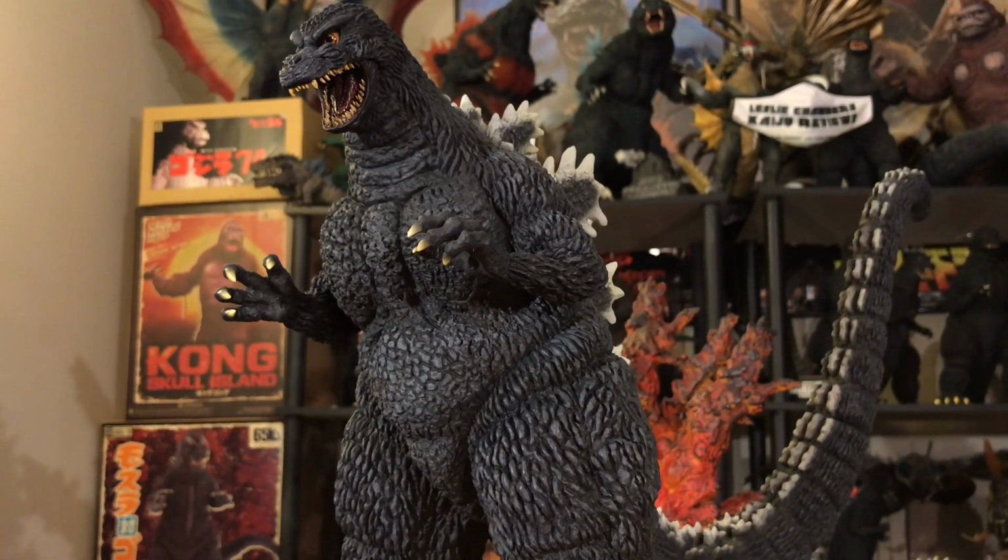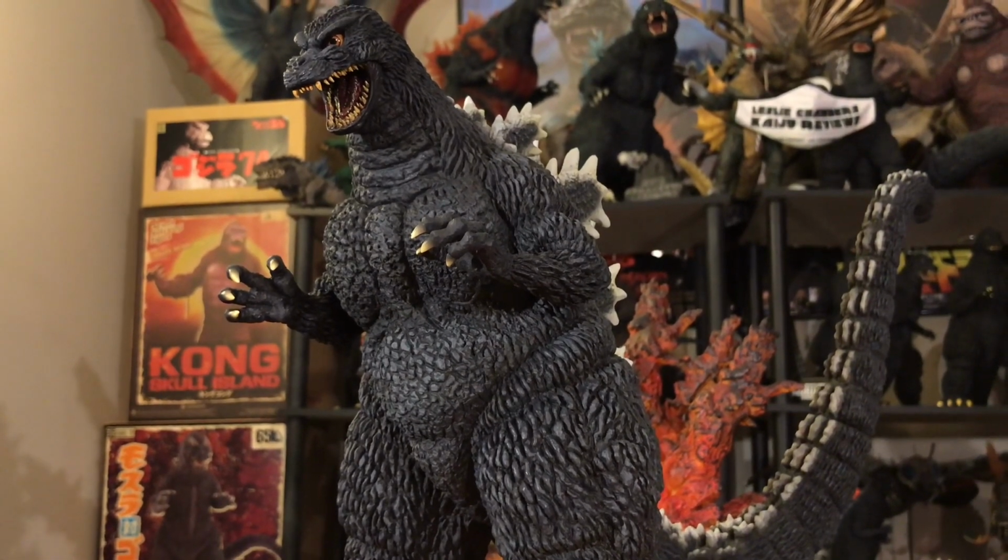They did a great job from head to toe: the claws, the teeth, the tongue, the toes, the dorsal plates, the way the tail is sculpted here. Once again, a solid release of this year, 2018, where we're seeing great figures from the Sakai 84, as I